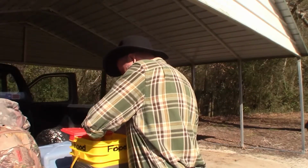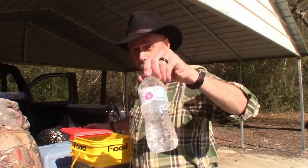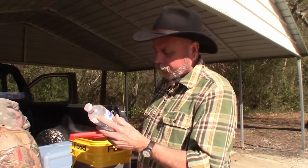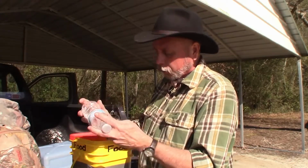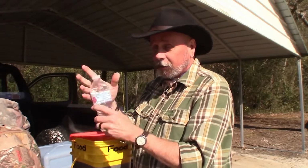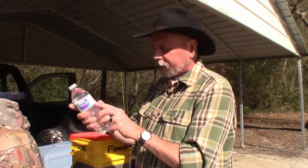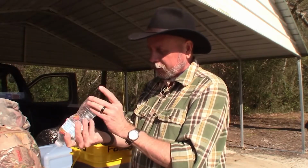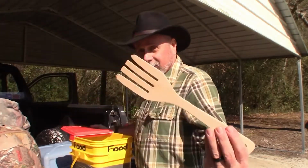And then the last thing that I've got in here, 1, 2, 3, 4, 5, 6, 7, 8, 9 bottles of water. And again, I don't know if water has expiration dates on it or not. I always like to look at the integrity of the bottles and the color of the water. It's still clear, cold, because it's so cold outside. Yeah, they don't have dates on them of any sort. So the bottle seems to be good. The water doesn't seem to be discolored, so we're good with that. A little fork in